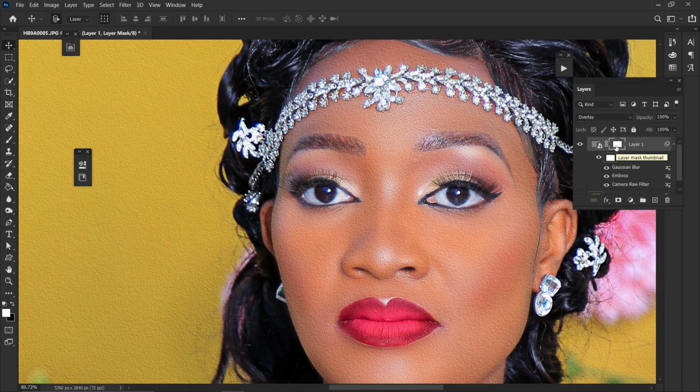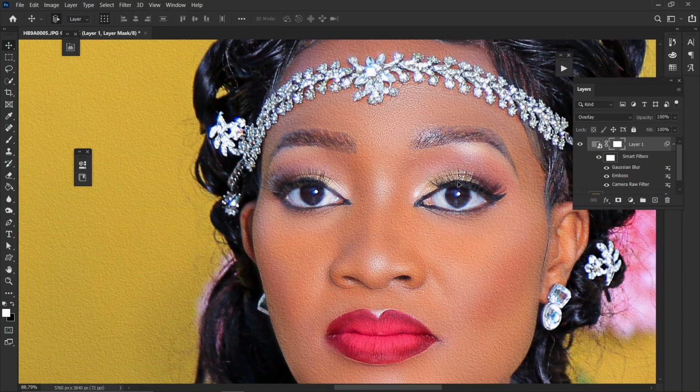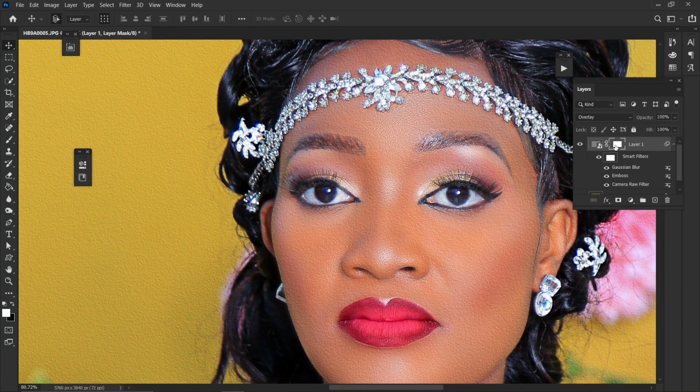So what we are going to do, we are going to click Ctrl I to make this layer background black, to make it invisible, so that we use the brush